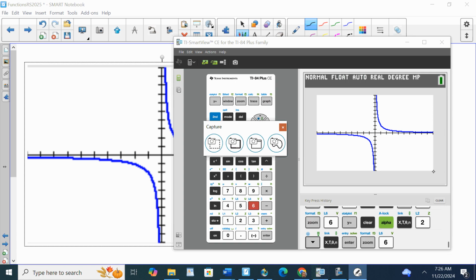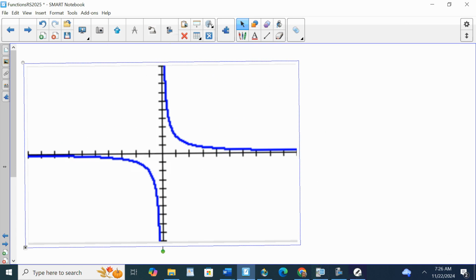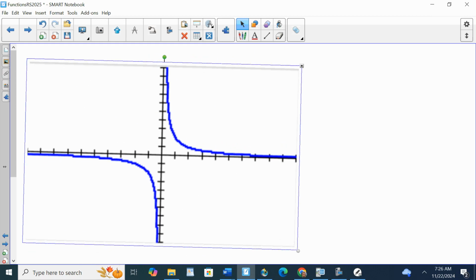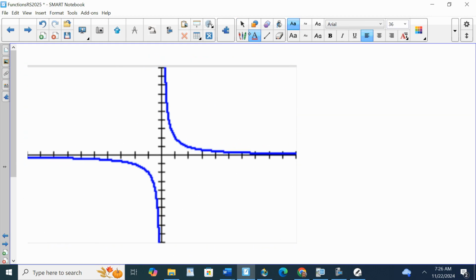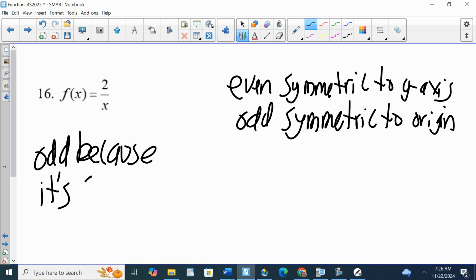If I take it and I turn it upside down, I see the exact same thing. If I pick a point and count to the origin, so like this point right here, I'm going left 2, down a little bit, left 2, down a little bit, it lands on itself. That's what symmetric to the origin means. So it is odd because it's symmetric